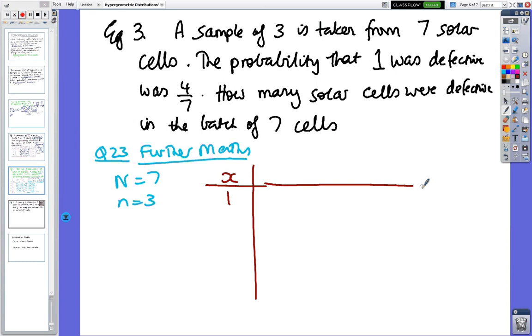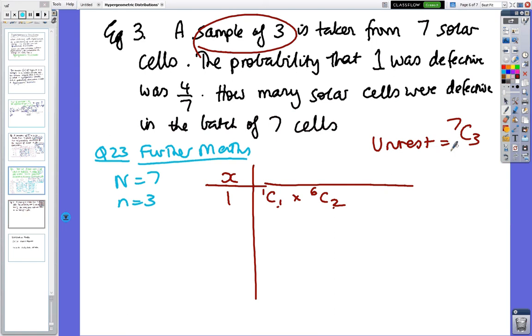So if there was 1 defective, it'd be 1C1 times 6C2. Okay, we're taking a sample of 3. So 1 plus 2 is 3. The unrestricted case is going to be 7C3, which is 35. Okay, so that's what we're going to divide by. And when you do those calculations, that number times that, you get 15 over 35, and that's not the right